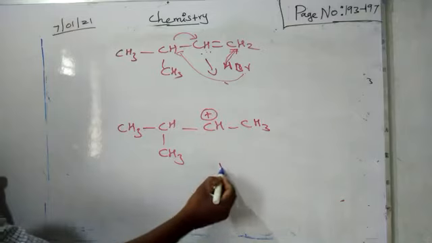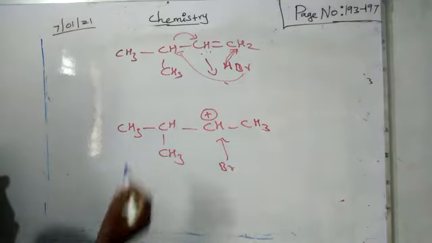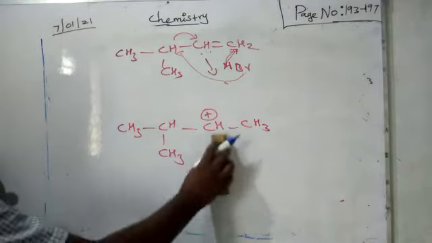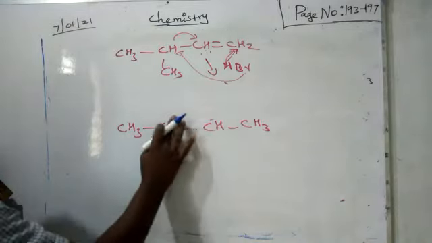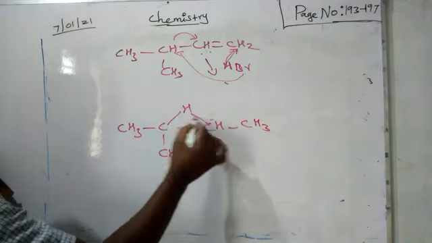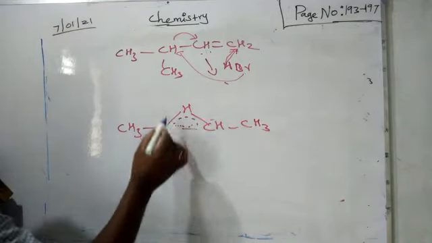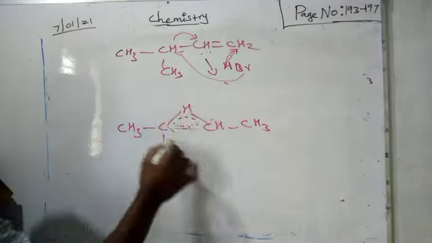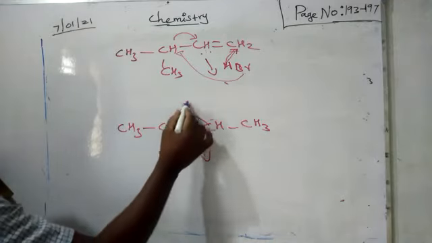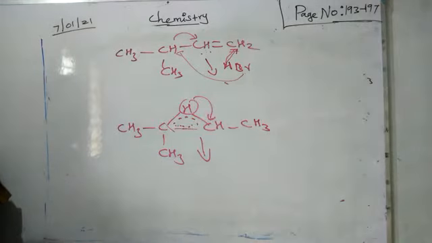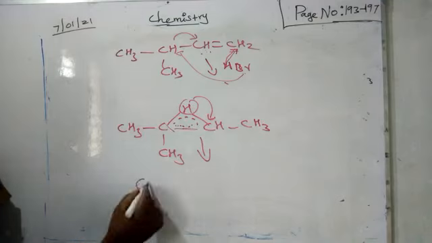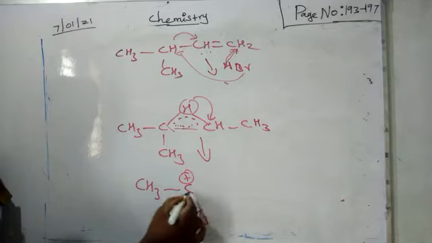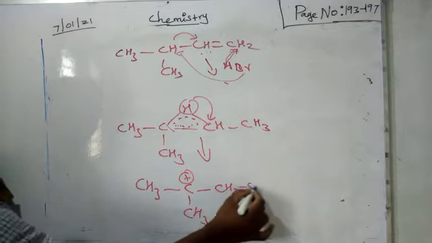Next step, Br wants to add in the CH plus group, but that does not take place. It undergoes a resonance structure. So this hydrogen in this carbon undergoes migration with the resonance structure. After that, the hydrogen finally combines with the next carbon. Now the next intermediate step, the positive charge is on the tertiary carbon.